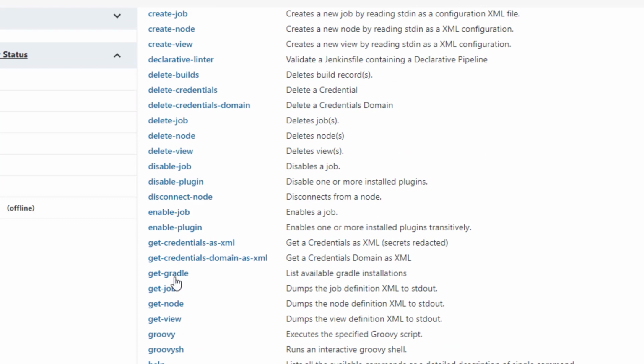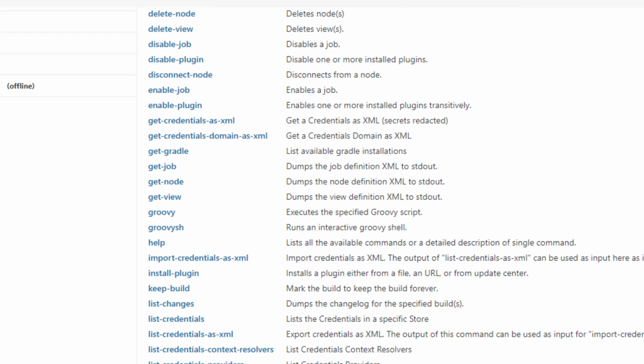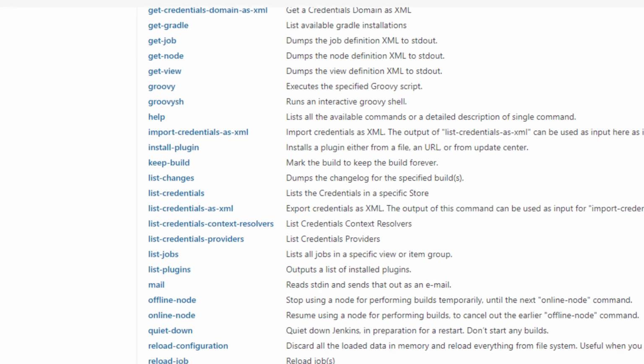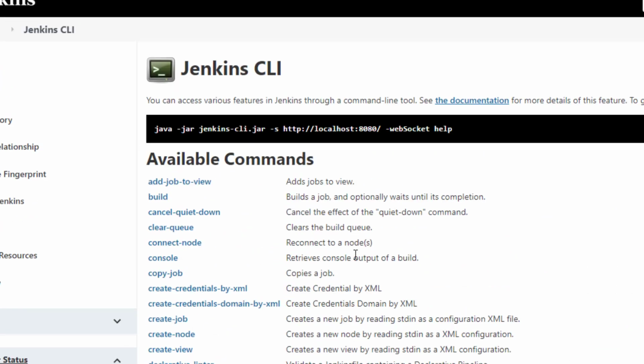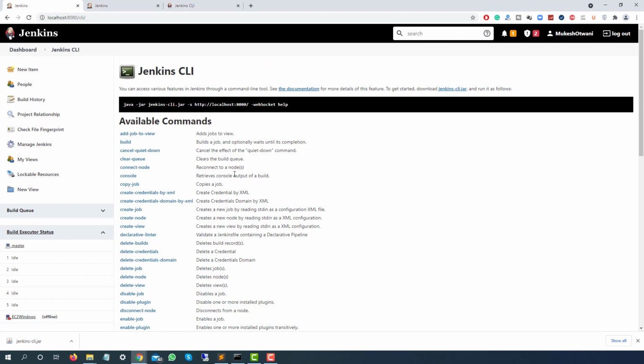There are a lot of commands available. Suppose you want to install a plugin, you can do this. If you want to restart Jenkins, you can do this. If you want to update a job, you can do that too. I will show you 2-3 commands so that you get a clear understanding of how it works. Based on your requirement, you can see which command suits you, and you can go ahead.